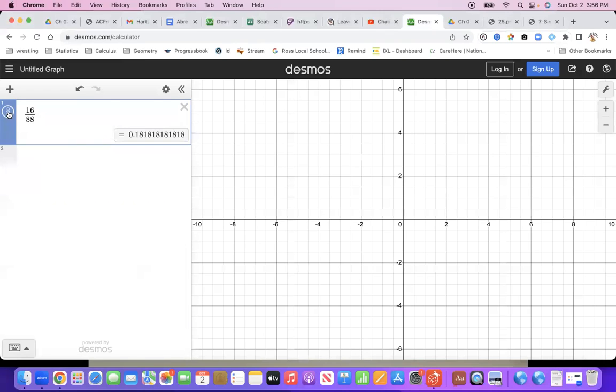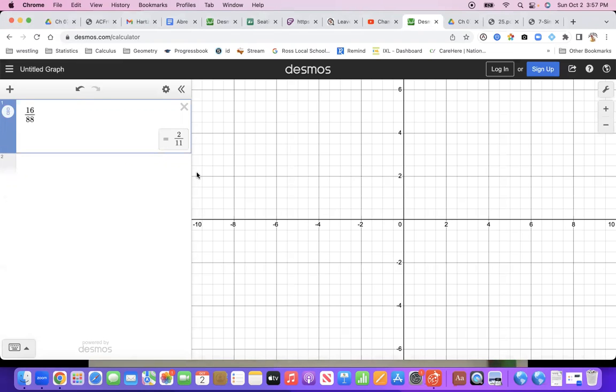Also, you'll see that there's a little fraction symbol over here that if we press that, your answer is going to change to a simplified fraction, which tells us that this left hand, our 16 over 88, would simplify to the fraction 2/11ths,